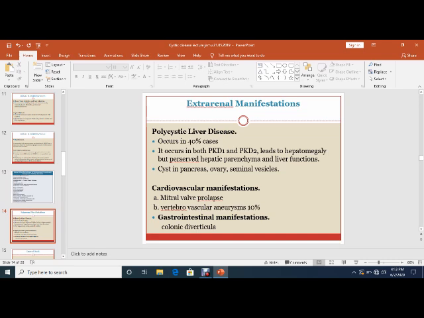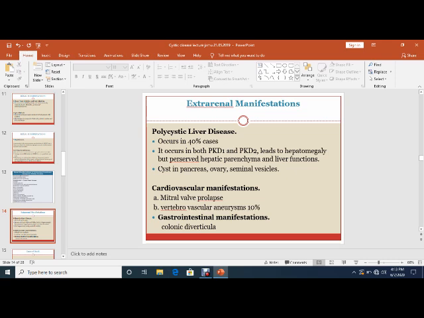Now the clinical manifestation: renal manifestation and extrarenal manifestation. The extrarenal manifestations are polycystic liver disease that occurs in 40% of the cases. It occurs in both PKD1 and PKD2 and leads to hepatomegaly but preserved hepatic parenchyma and liver function. Pancreatic cyst may occur, ovarian cyst may occur,